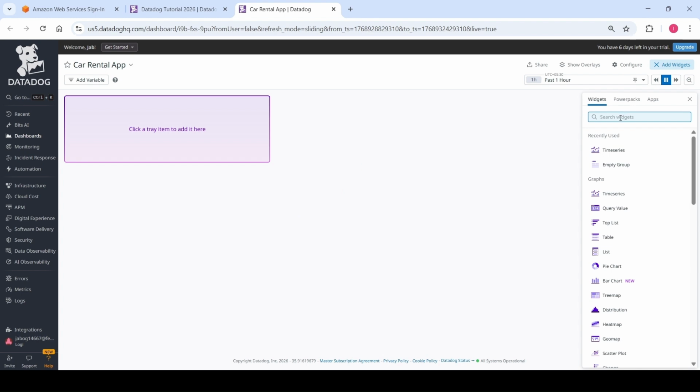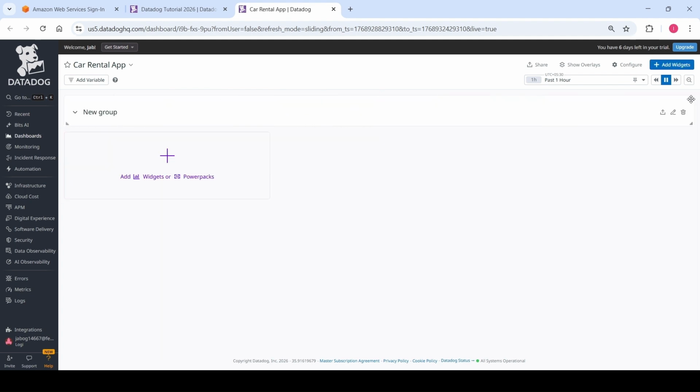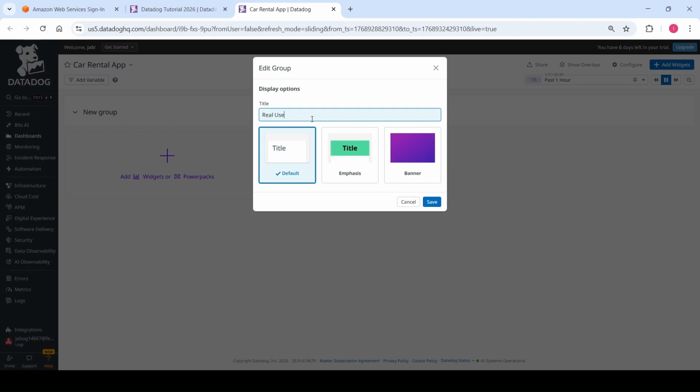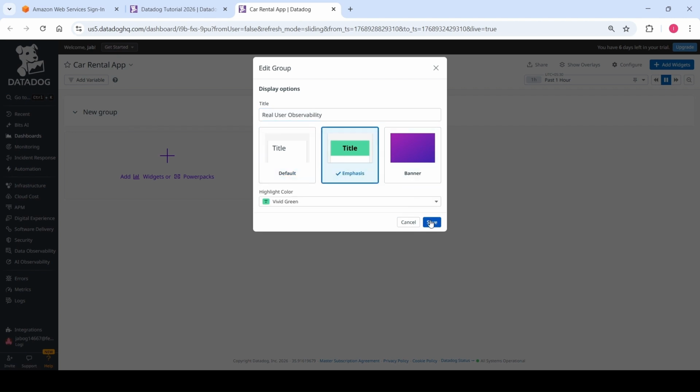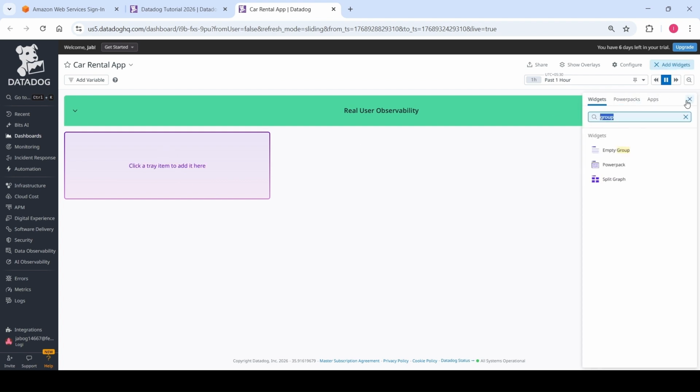So what I'll do is let us check an empty group. So here we will make it real user monitoring, observability, and let me create a